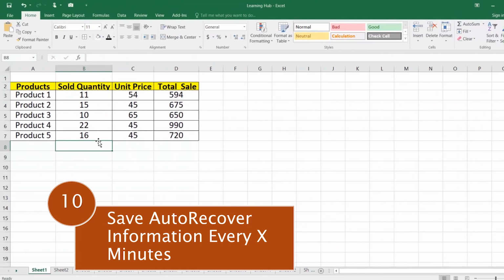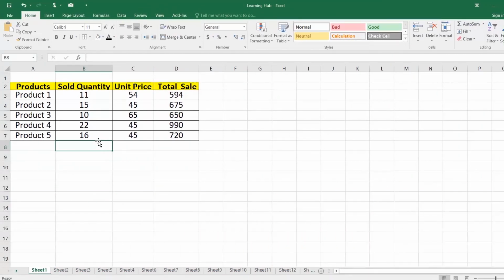AutoRecover information every X minutes. The AutoRecover option helps us to protect our workbooks from unexpected computer crashes or power failure. However, if we want to be more secure in case of a crash or electricity failure, we should lower the time interval for saving information. The more frequently the document is saved, the more versions we have, and the more chances to get all the changes back. Let's go to File,